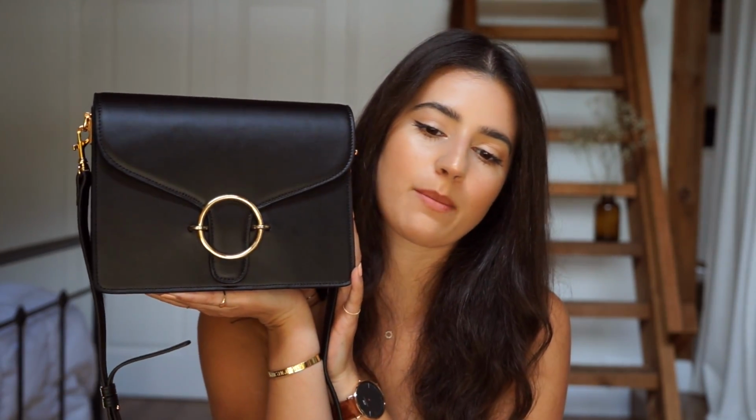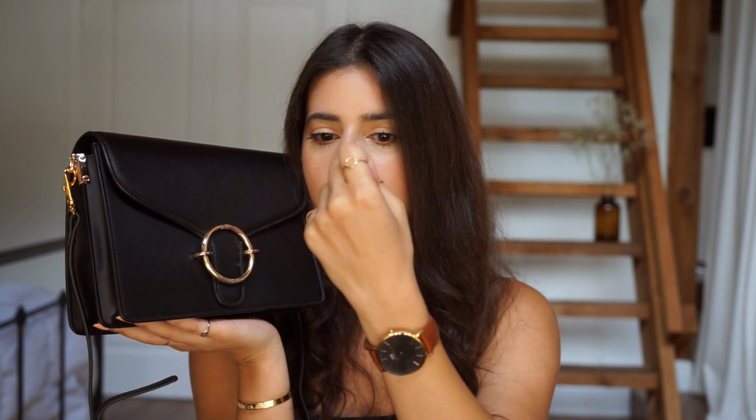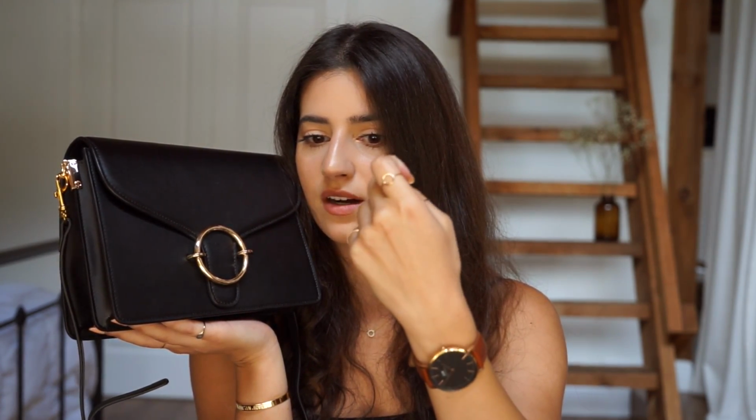So if you guys have seen my Instagram, you would have probably seen me mention this bag. This is my new little beauty. It is from High 11. This one kind of stood out to me because I believe it's one of their newer bags, and of course, because of this little ring detail. I don't know why, but I'm obsessed with circular details. I don't know if you guys can see my ring, but I just really love circular details